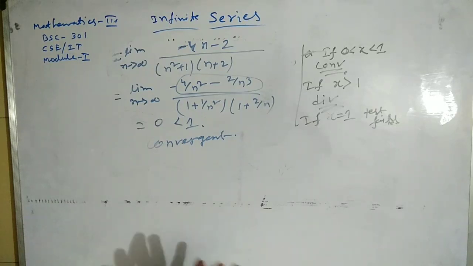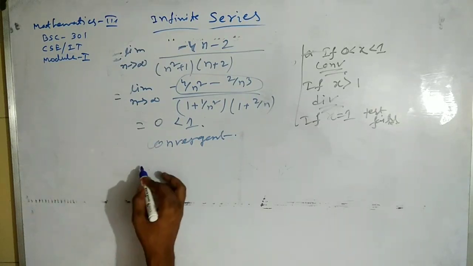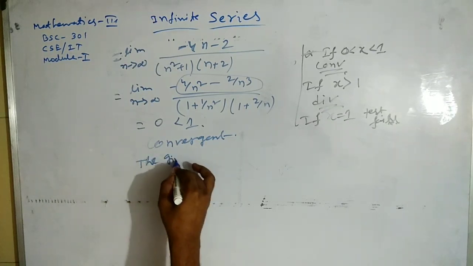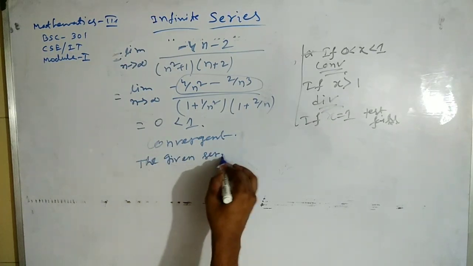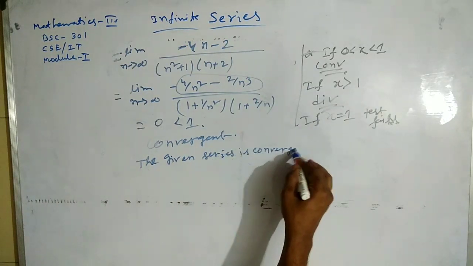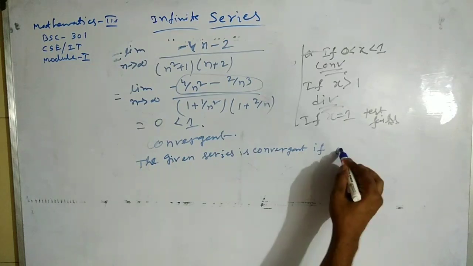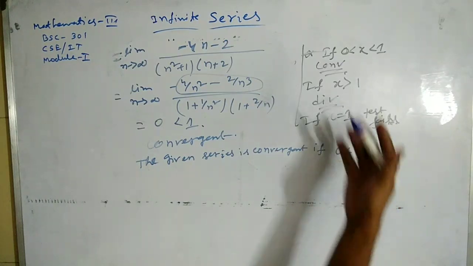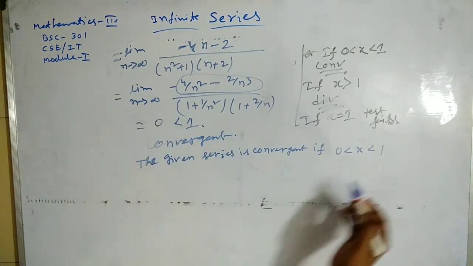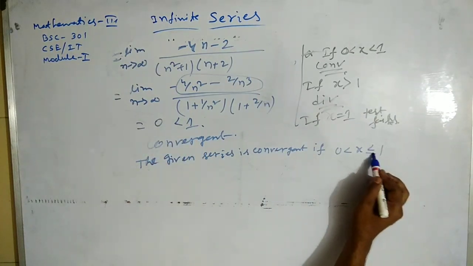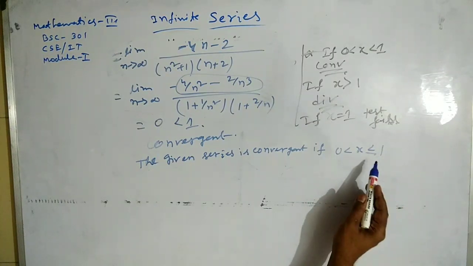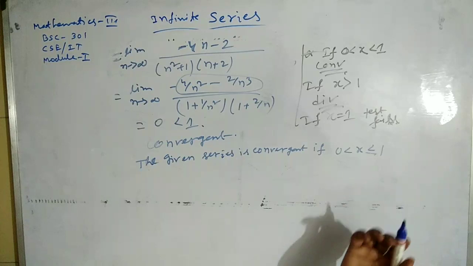So the final conclusion, we can write that the given series is convergent if 0 less than x less than 1. It was from D'Alembert's ratio test, and from Rabb's test we see that if x equal to 1, then also the series is convergent. So 0 less than x less than equal to 1, and no,